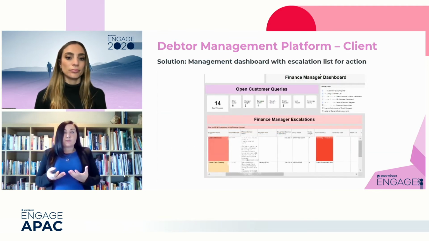The management dashboard with escalation lists enables identifying, sharing, and tracking of management escalations for when senior level big guns are needed to step in. And this is without losing track of the escalation, without it getting lost in somebody's email. The CEO now has visibility on all critical aspects, and this visibility promotes good outcomes because it ensures that escalations are handled quickly.